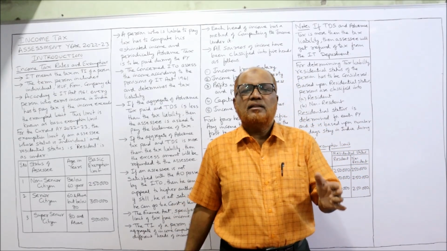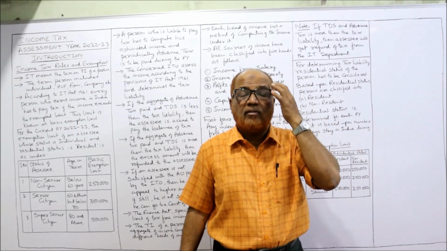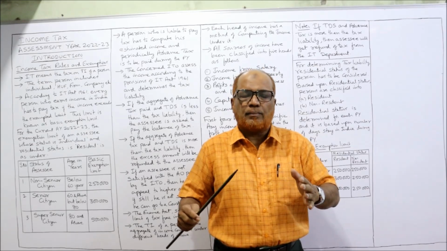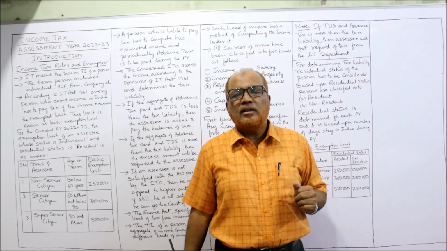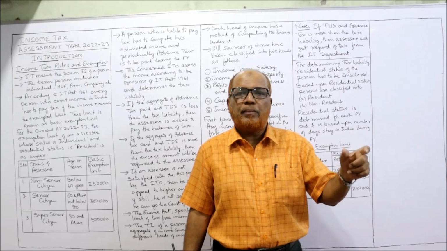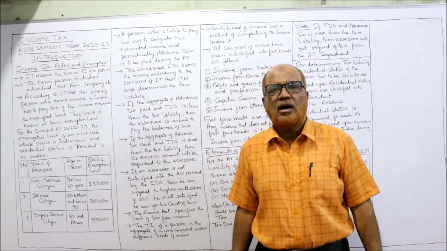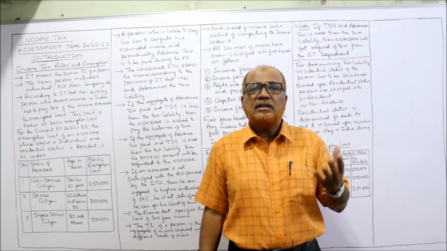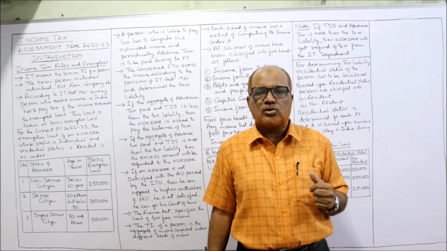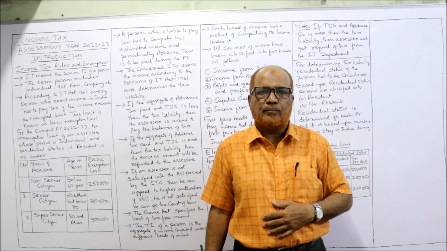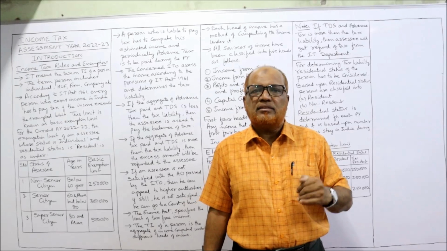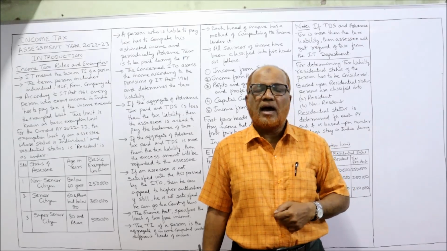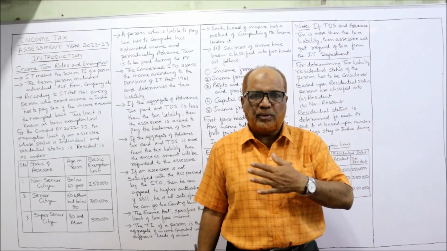During the previous year, the assessee has paid the advance tax. Example, I am computing my tax liability. So for example, during the current previous year, I have already paid advance tax of rupees 20,000. 20,000 advance tax I have paid. Apart from the TDS, tax deducted at source. Suppose I am the employee of a company. While taking the salary every month, my employer has deducted TDS from my salary and paid that amount in income tax department on behalf of me.